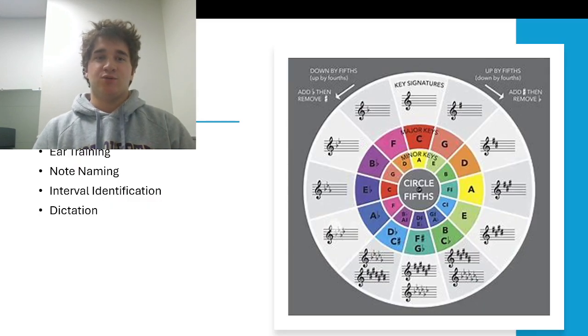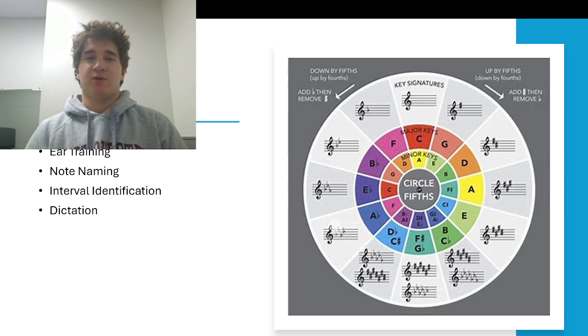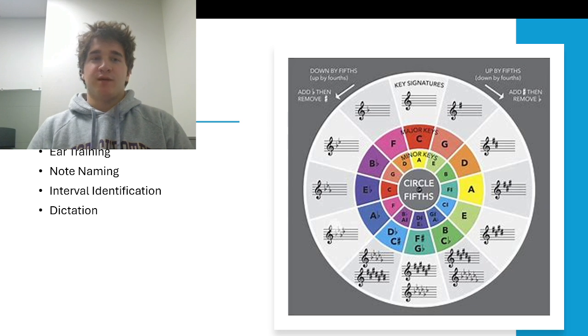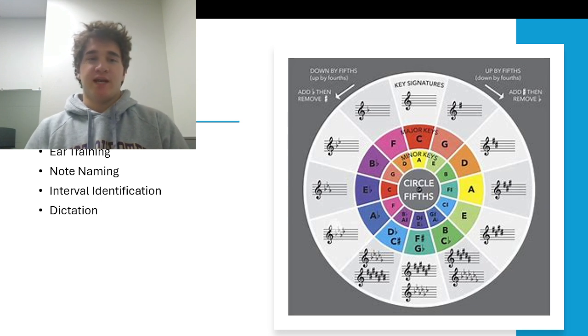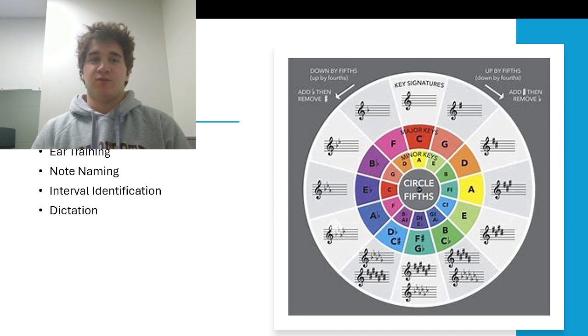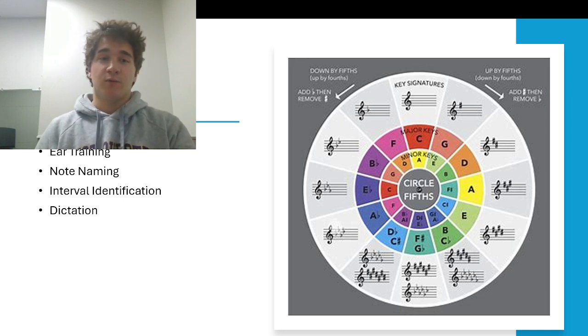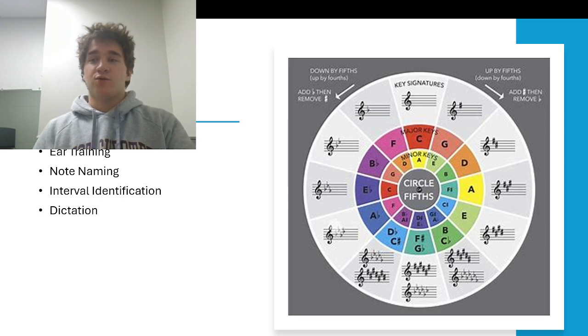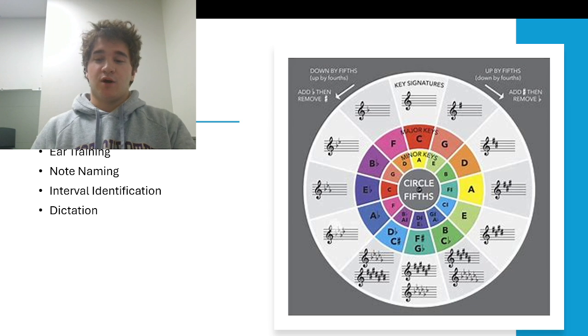Now, like I said, you could use chord building, so it'll test you on how to build minor chords, major chords, diminished chords, any seventh chord you want, major seventh, minor seventh, half diminished seventh, whatever you want. It does ear training, so it'll play you something and you have to play it back on maybe a keyboard sometimes, or you can use also